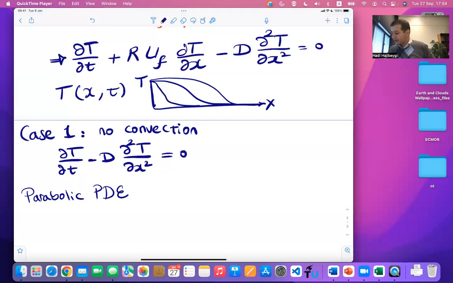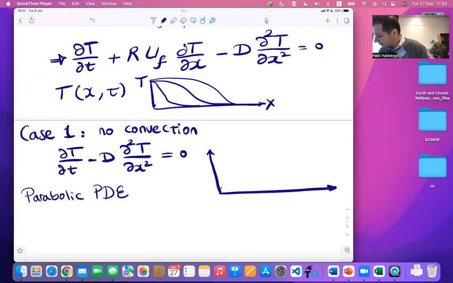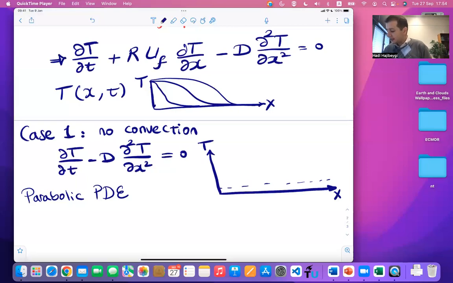The profile of heat, or better to say, the profile of temperature: if I had initially my system, let's say at this constant temperature, so that's temperature with respect to x, imagine suddenly I bring the left boundary into contact with very high temperature. I increase the temperature at the left boundary. Because it's a parabolic problem, we can solve it analytically for a known functional value for d. The temperature profile looks very much diffuse.